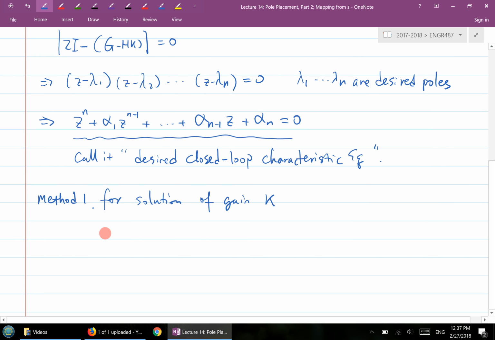This first method here uses the so-called control canonical form. Okay. So if you recall, when we learned the steps for obtaining a discrete state space model,